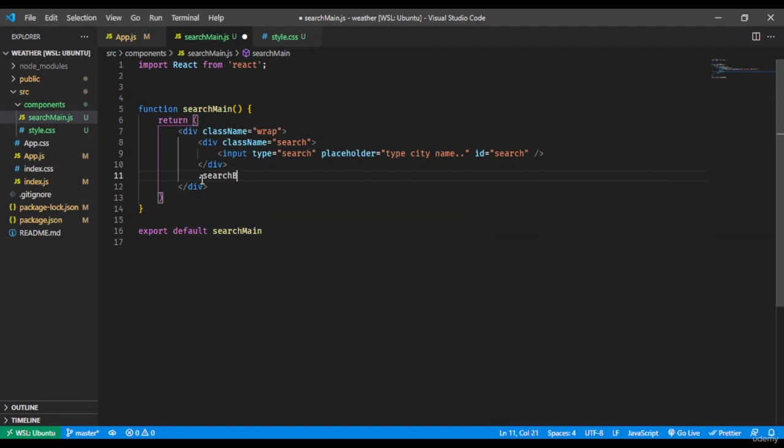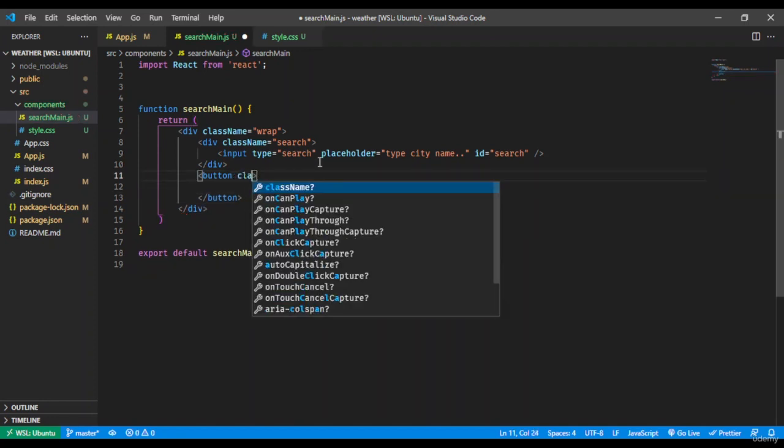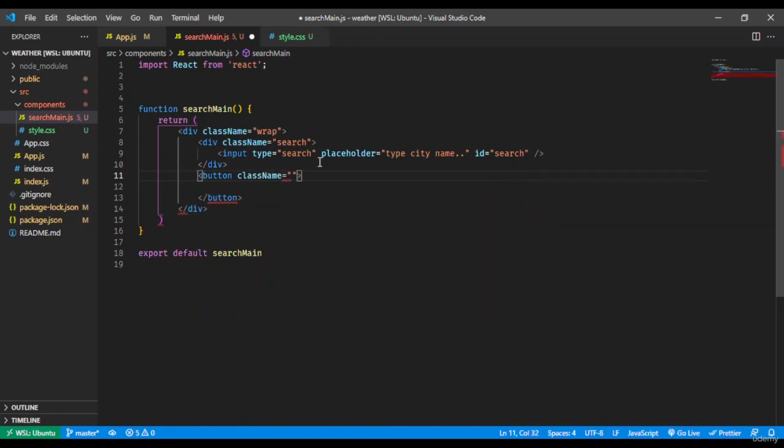search button. Okay, oh, again I made the same mistake. I don't know why I'm doing this. First of all you need to provide a button. What is wrong with me today? Okay, here you have to give the className, and then you provide the name. Here you will provide search button. So this will be the button, and